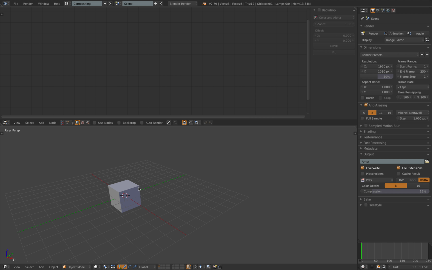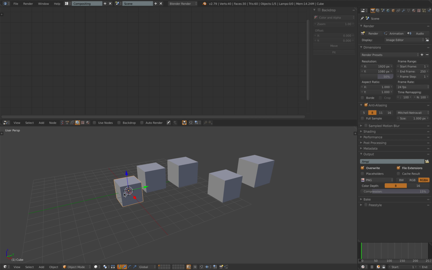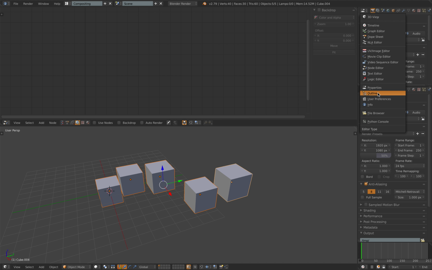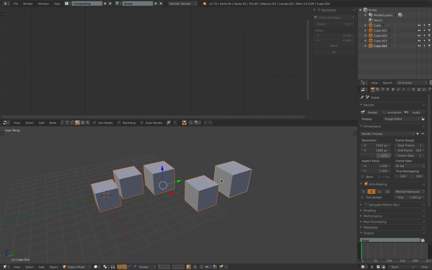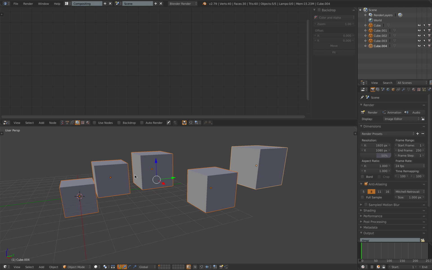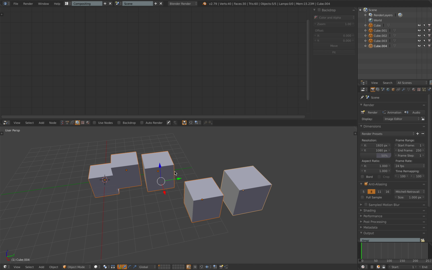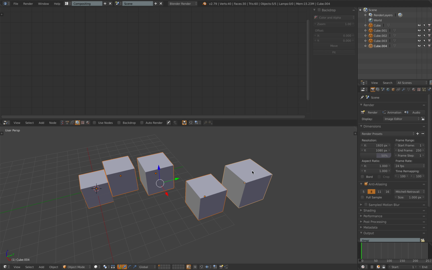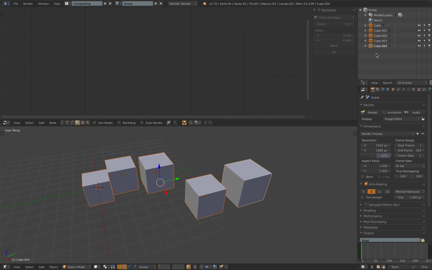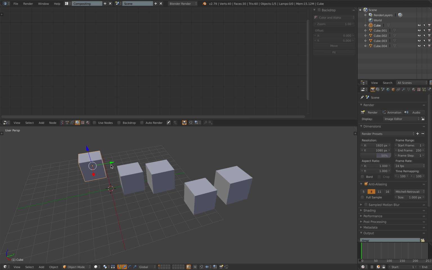So in Blender, you can definitely have many objects, and with many objects, they can be active or they can be selected. And how do you know that an object is active or selected? Normally, the indicator is that the one that's selected is usually orange color, and the one that's active is this guy right here. It's a bit more yellow, a bit brighter. If you look also in the outliner, the indicator of the object that's active is the one that's white color. Let's say for this cube, the master cube,